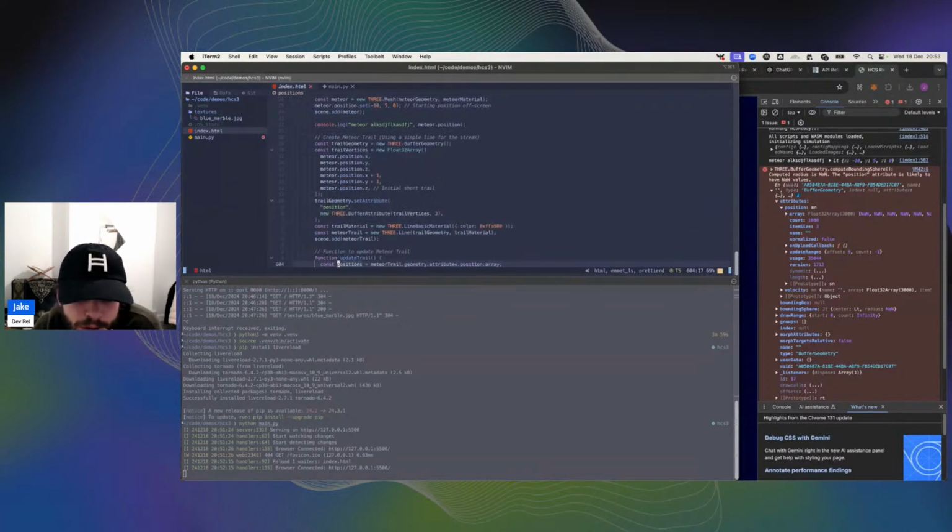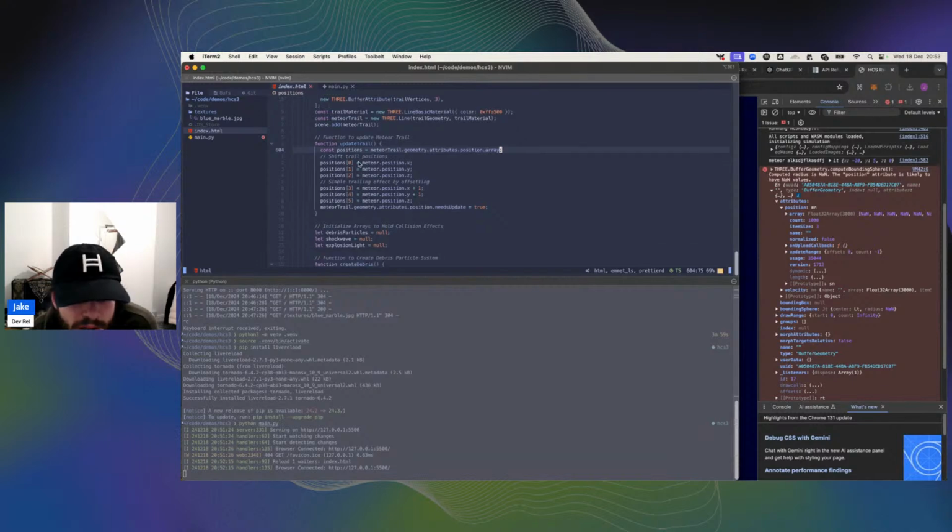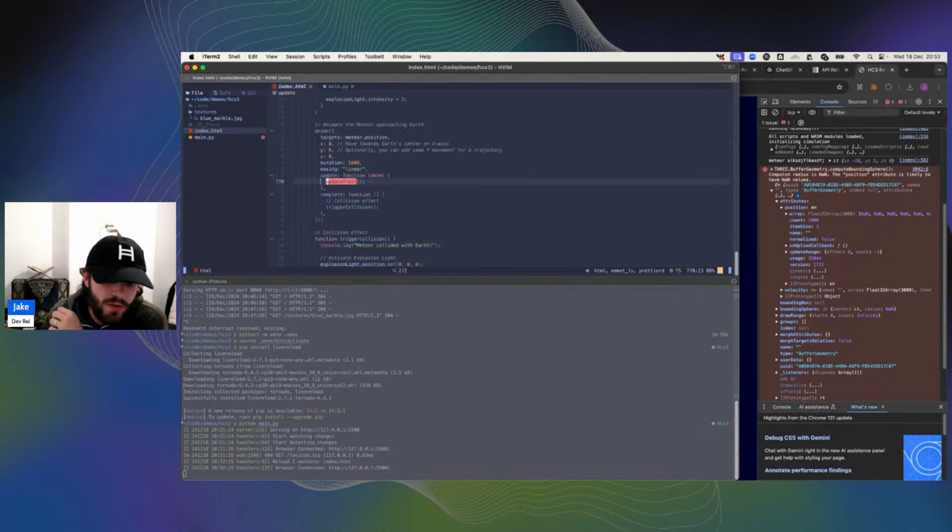This might be it. Position array. Okay, interesting. So it looks like this is what we're getting issues for. Is this function being called? Yeah, it is. Update trail,